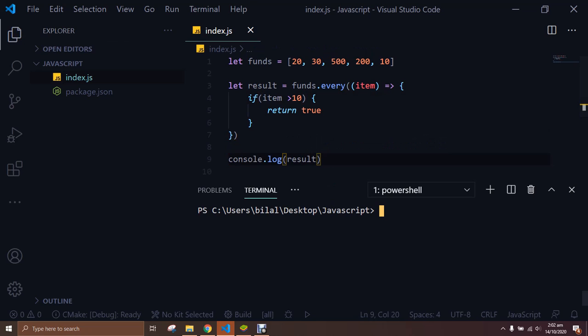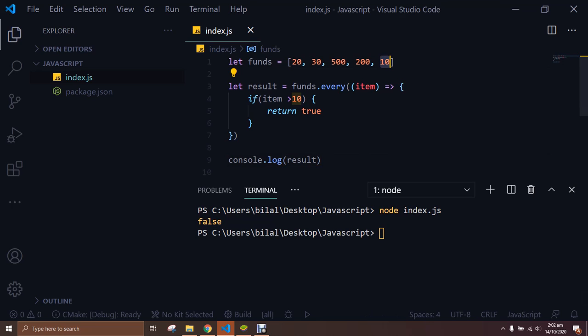Okay, so node index.js, and it's resulting false, right? Because if you look into this array, there is one element which is not greater than 10, which is 10, right? So if I make it 100, right, and if I run the loop again,